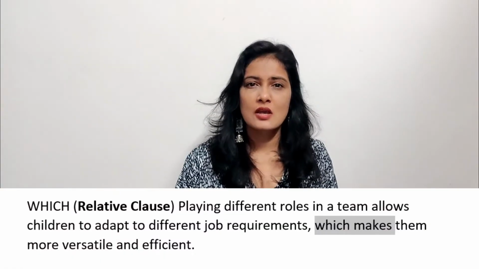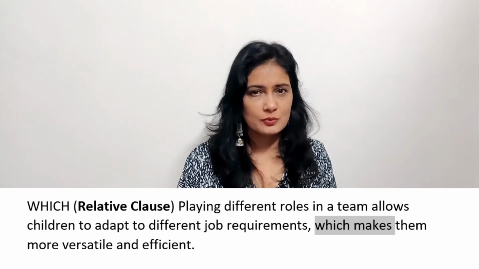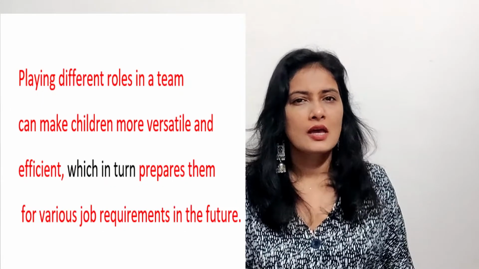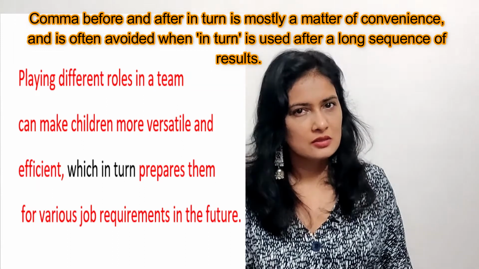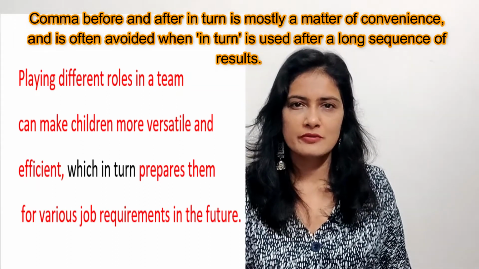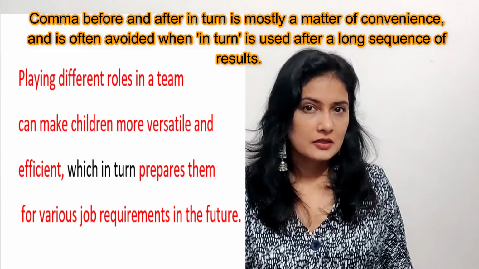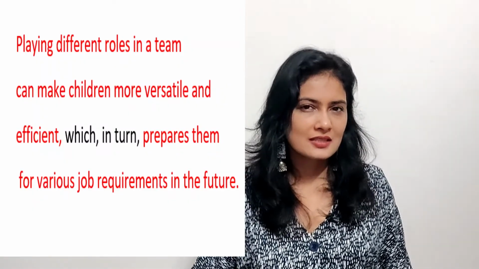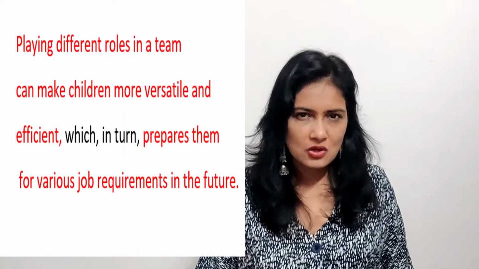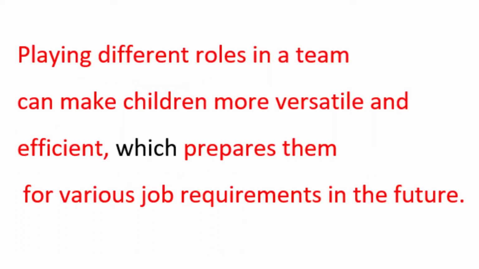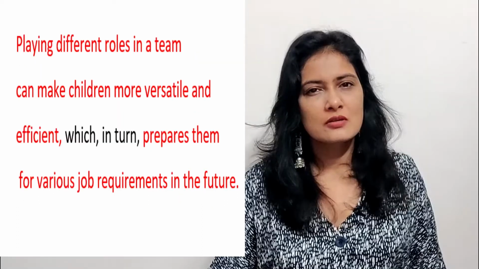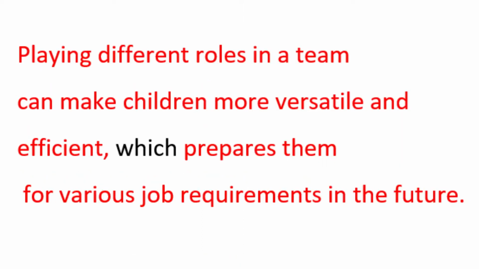single sentence. Now, with regard to the right use of which in turn, actually you can use it like how we did the relative clause, which often refers to the whole clause before it. And when that happens, you put a comma right before which. In turn, it is not very necessary to have a comma before and after in turn. But if you want to be very accurate, yes, in turn is something that is non-essential. In fact, your sentence makes sense without in turn there. So you can put a comma before and after to show that you can remove it and still the sentence